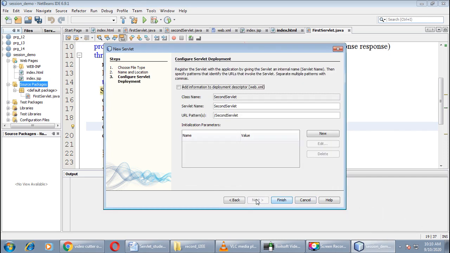Click on next and select this checkbox to add some information to your deployment descriptor file, right? Change the servlet name and URL pattern for your current servlet and click on finish.